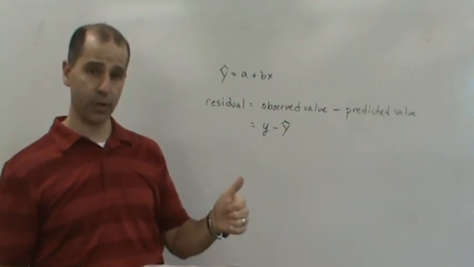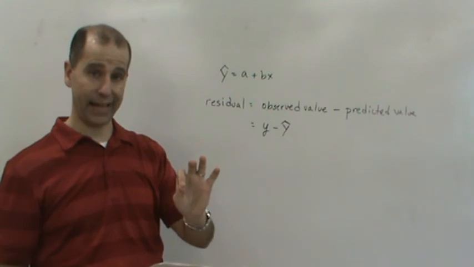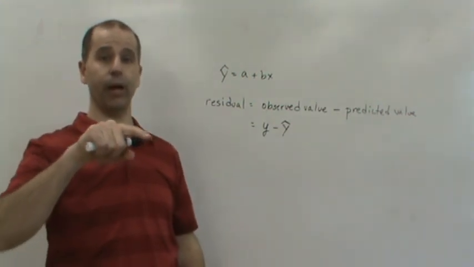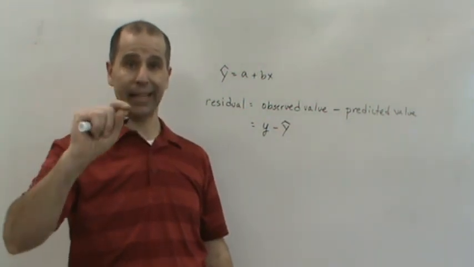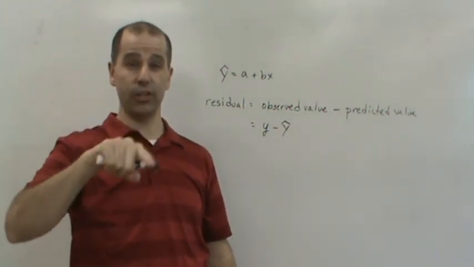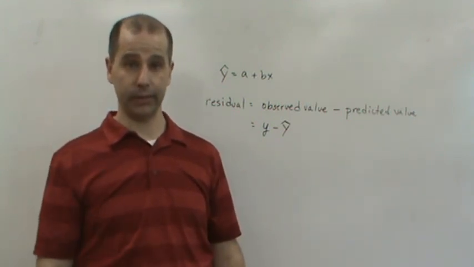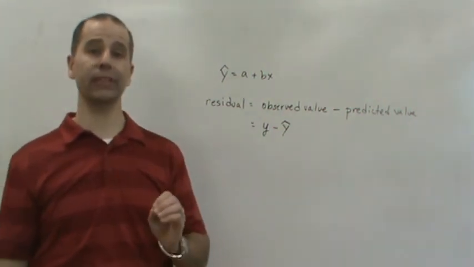The second assumption, the distribution of y for a particular value of x, is the normality assumption. The third assumption, that for every value of x the standard deviation of the distribution of y's will be the same, is the constant variance assumption, or what we call